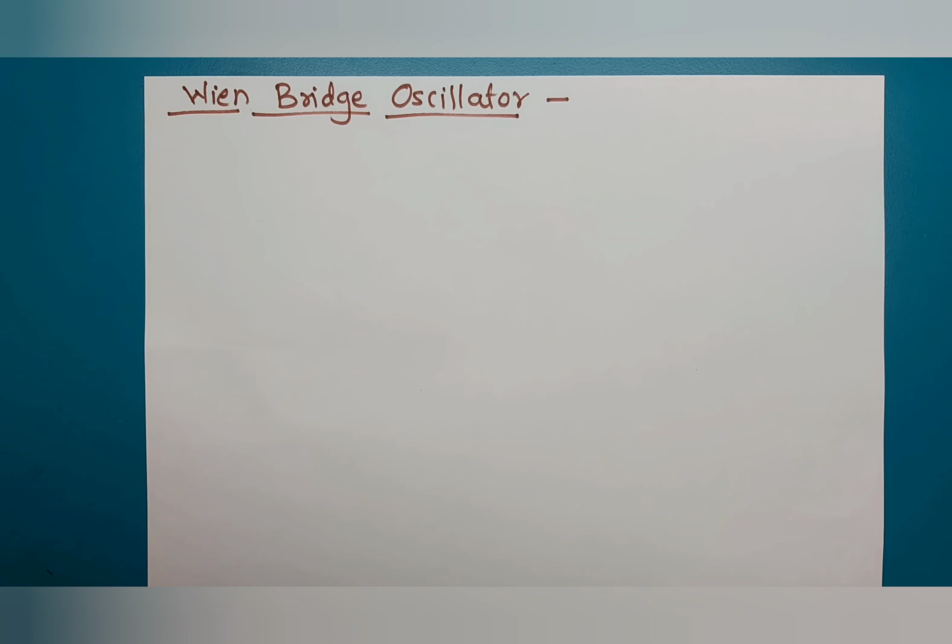Now, let us discuss the bridge circuit. In the bridge circuit, R3 and R4, these two resistors are used to decide the reference voltage for the bridge, whereas the two branches, which consist of series and parallel combinations of resistors and capacitors, are used to decide the frequency of oscillation. Therefore, these two branches are called frequency sensitive branches.